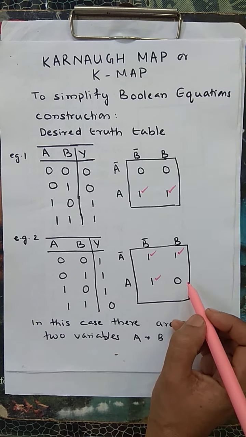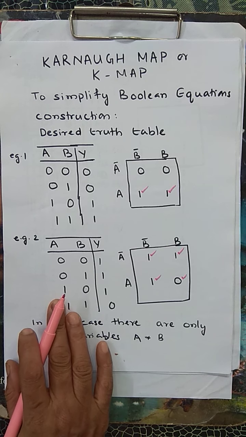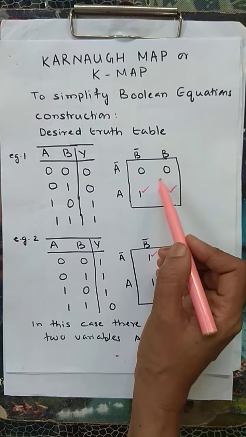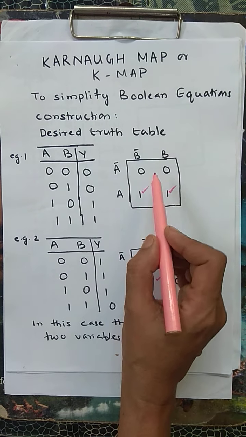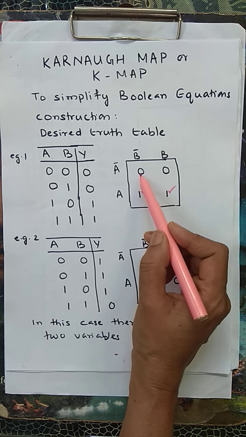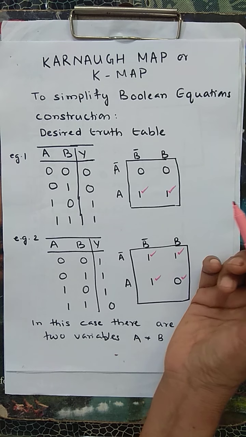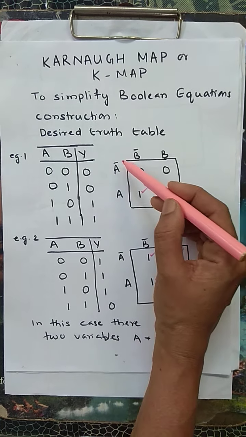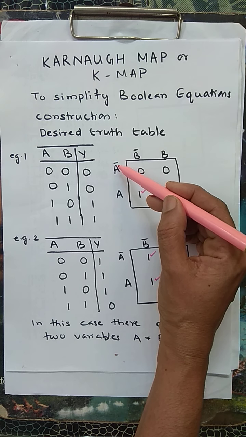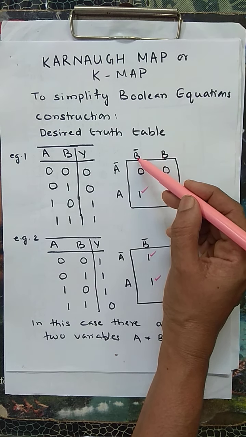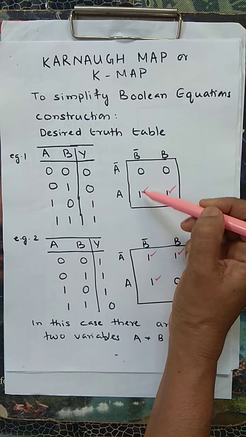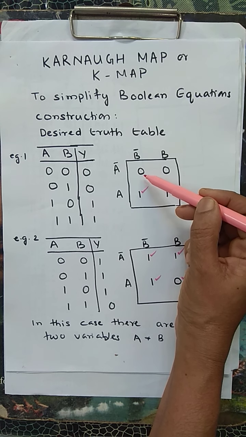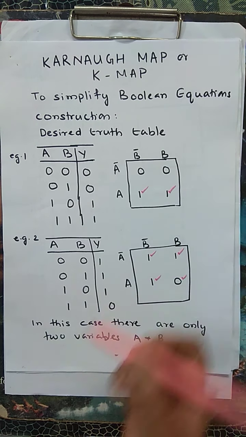So this is how you make a Karnaugh map. This is a two input circuit in which you have the Karnaugh map. This is also corresponding to this. Wherever the output is not high, you will put it as 0. So it is simple. You can draw this table, write A complement, A in a vertical manner, and B complement, B horizontally. Then wherever you have high output, you enter 1 for the product, and the others you keep as 0.